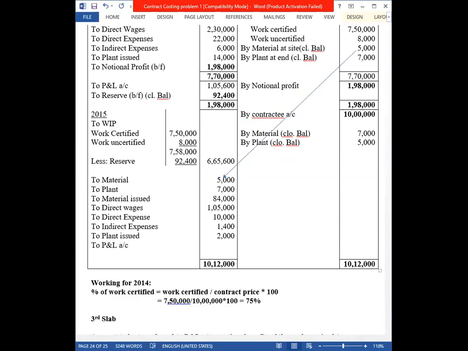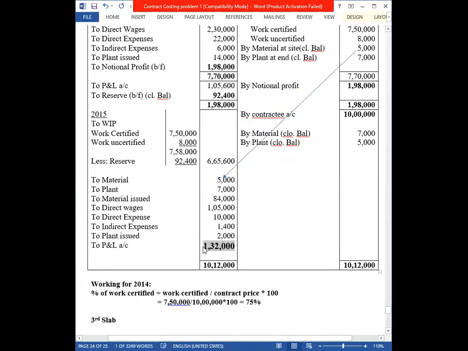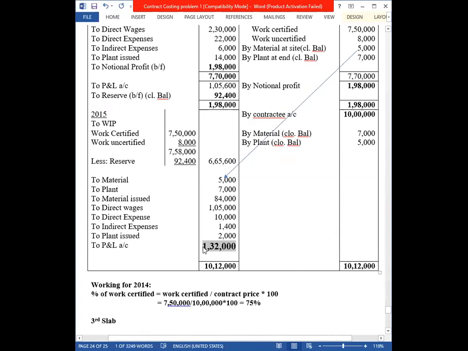Why? Because it is finished. Once it is finished, you need not say it is a notional profit. So whatever amount is coming, then entirely we can call it the profit. So what is the total amount of profit? The profit is 1,32,000, and here you are not going to segregate it as profit and reserve and all, because